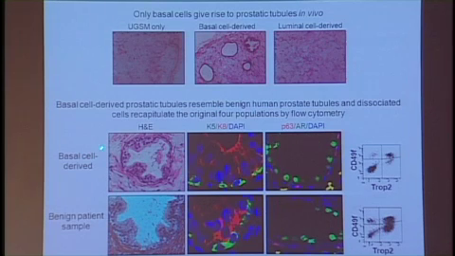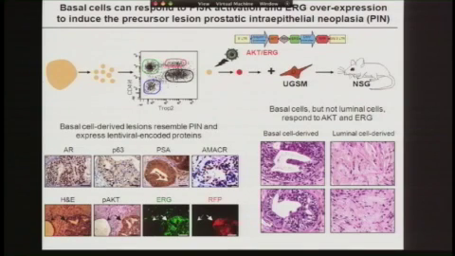Here's that, for example, here, and in comparison, an actual histological sample taken from the benign region of a patient. Again, the tubule structure, all of the markers, fits very nicely, so we feel quite confident that we're taking a population of cells able to regenerate a tissue-like structure. And so finally, the experiment: can we take human cells and directly transform them with the same oncogenic principles with which we had done with the mouse?